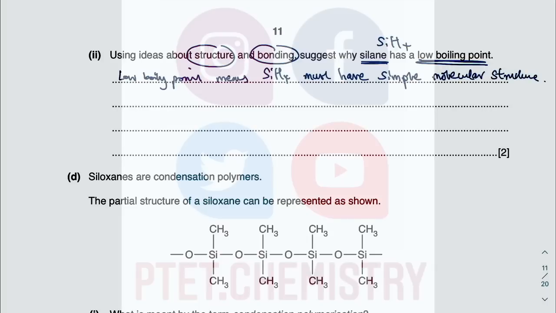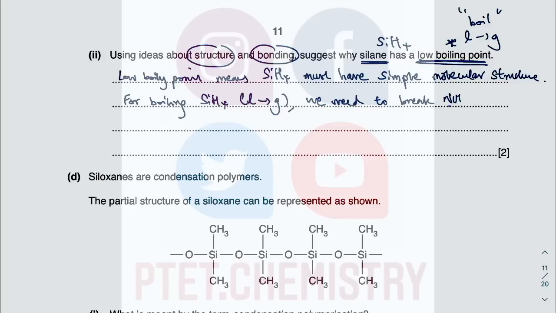Now you need to talk about what you need to break when you boil it. There's liquid to gas boiling. What happened when you boil silane? So for boiling SiH4, liquid to gas, we need to break not the covalent bond, basically not the Si-H covalent bond, but the weak intermolecular forces. So you need to specify that the covalent bond is actually strong, but here you're just breaking the